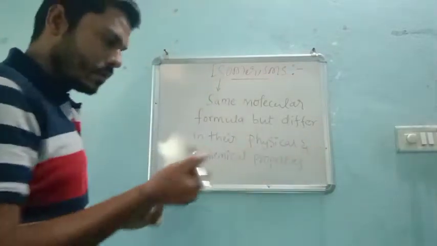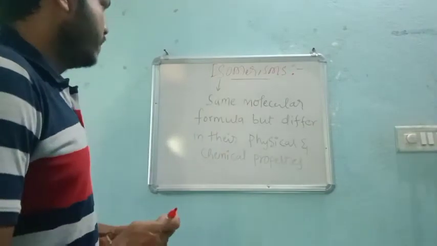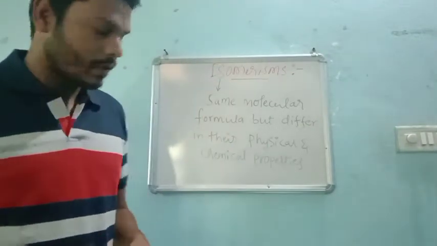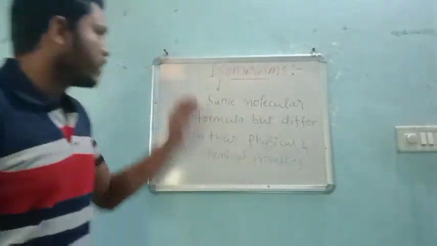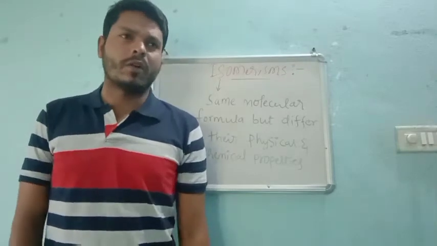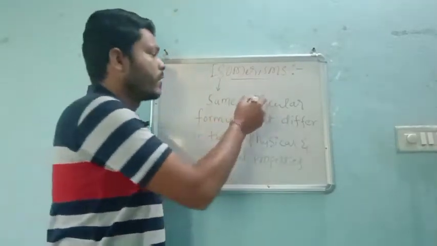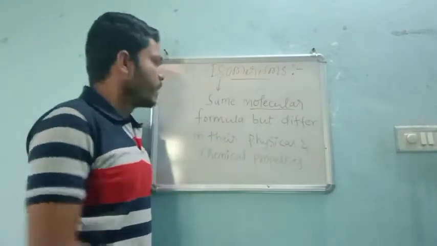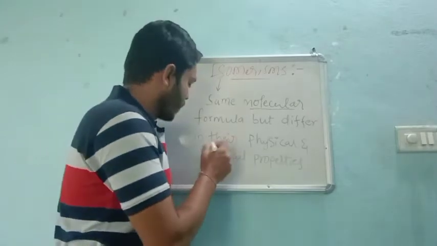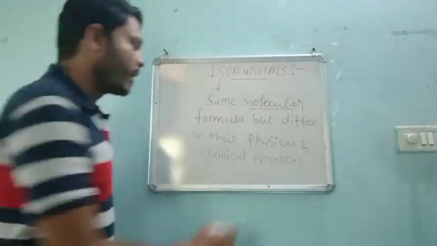I think it is not visible. So now iso means same, merism means it is a process, right? So they must and should have the same molecular formula. What is molecular formula then? We will see one by one, right? Each and every term I will define, you don't worry. So same molecular formula they must and should have, but they must differ in their physical and chemical